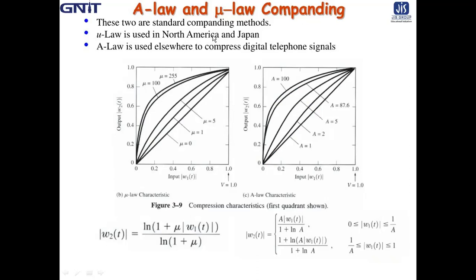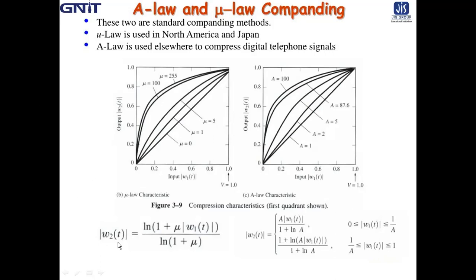One is called mu law companding and the other is called A law companding. In mu law, the compression characteristic is approximately linear for small values of input levels and logarithmic for high input levels,